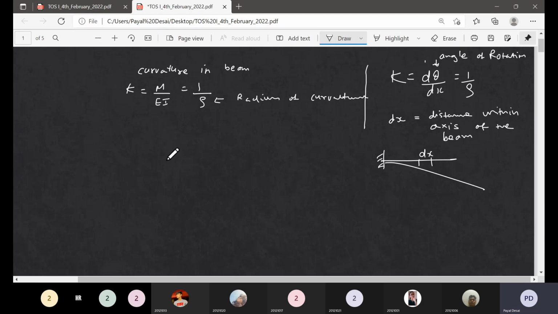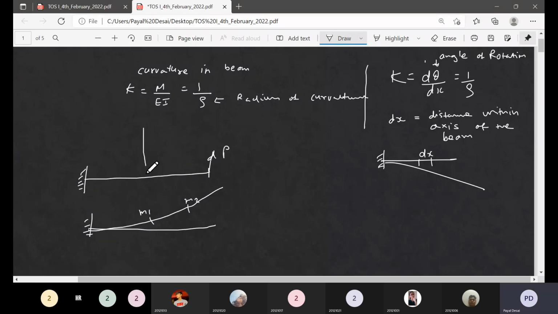Now again imagine a curve. How do I relate it with the deflection now? Now I relate theta, I mean the slope, with the deflection. So this is your theta, this is your radius of curvature, and if this is the distance,